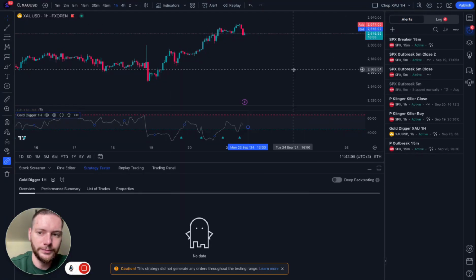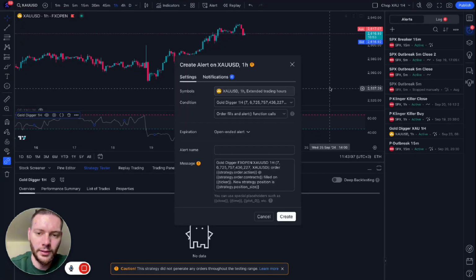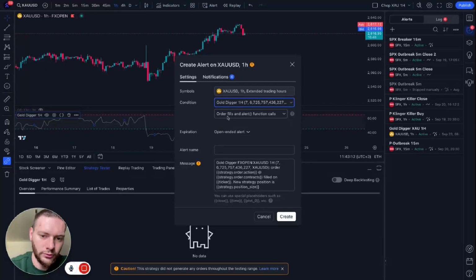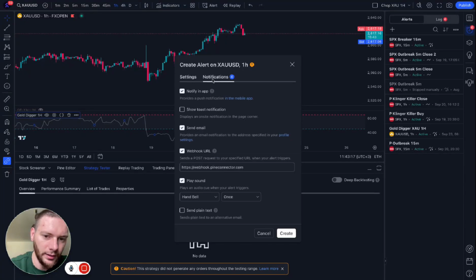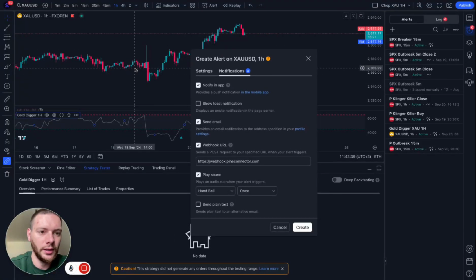And if you have done that, installed the EA, the expert advisor on your MetaTrader, and have done the settings here, then you can create an alert again, again choose this one, choose alert function calls, give it a name again, and then under notifications, make sure that the webhook URL is active and you have this exact webhook URL over here. Again, click on create, and then that's basically it. Your MetaTrader should open and close positions now